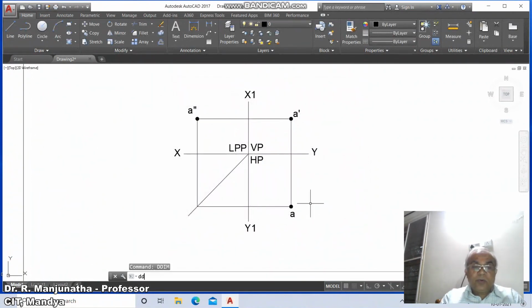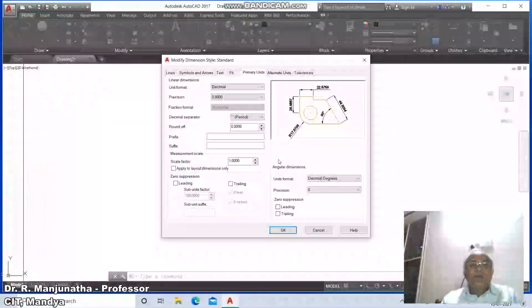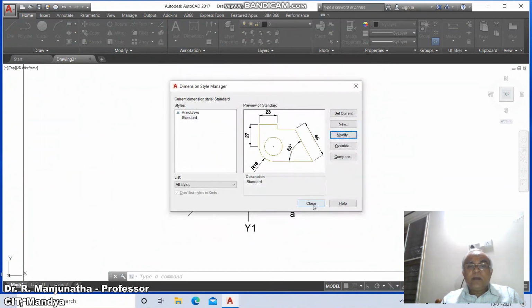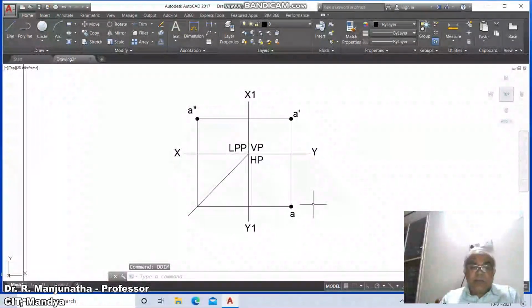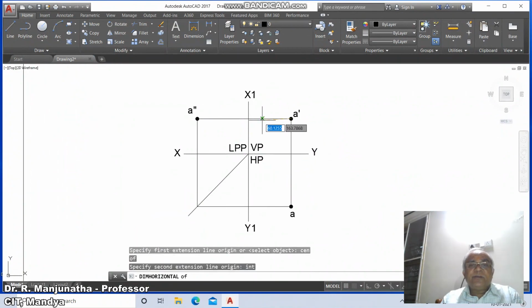Then also go to dim, again go to modify, go to units, and set this linear dimension as 0, and say OK and close it. Now you go to dimension, horizontal, take center of this and take intersection of this.